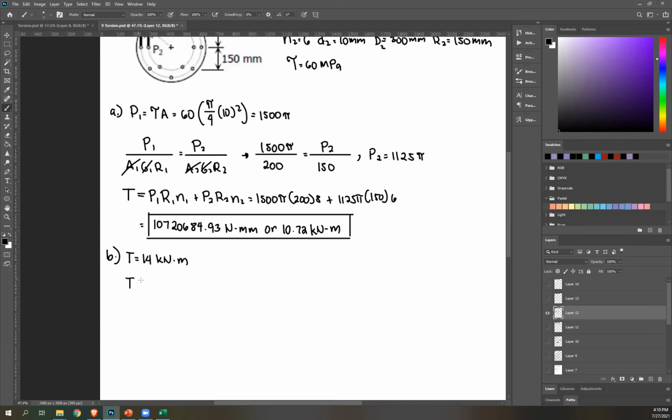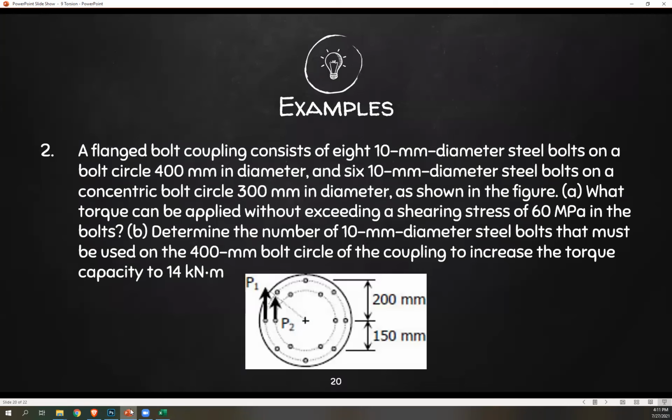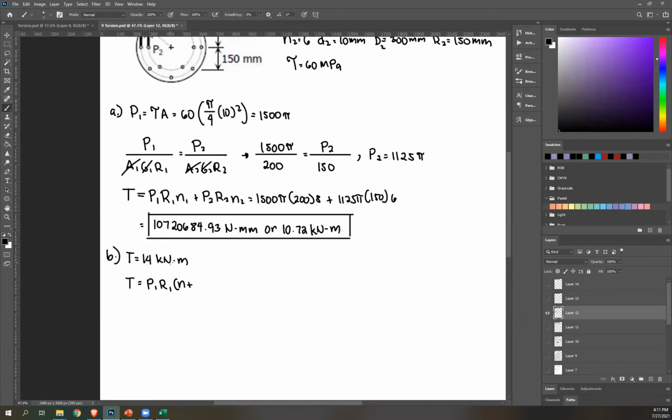Therefore, this would be your equation. So we're still following P equals this. Existing P1, R1, and N. We're not looking for additional, we're just looking for the number of 10 millimeter bolts that must be used. So we're looking for just N, not the additional N. So N1